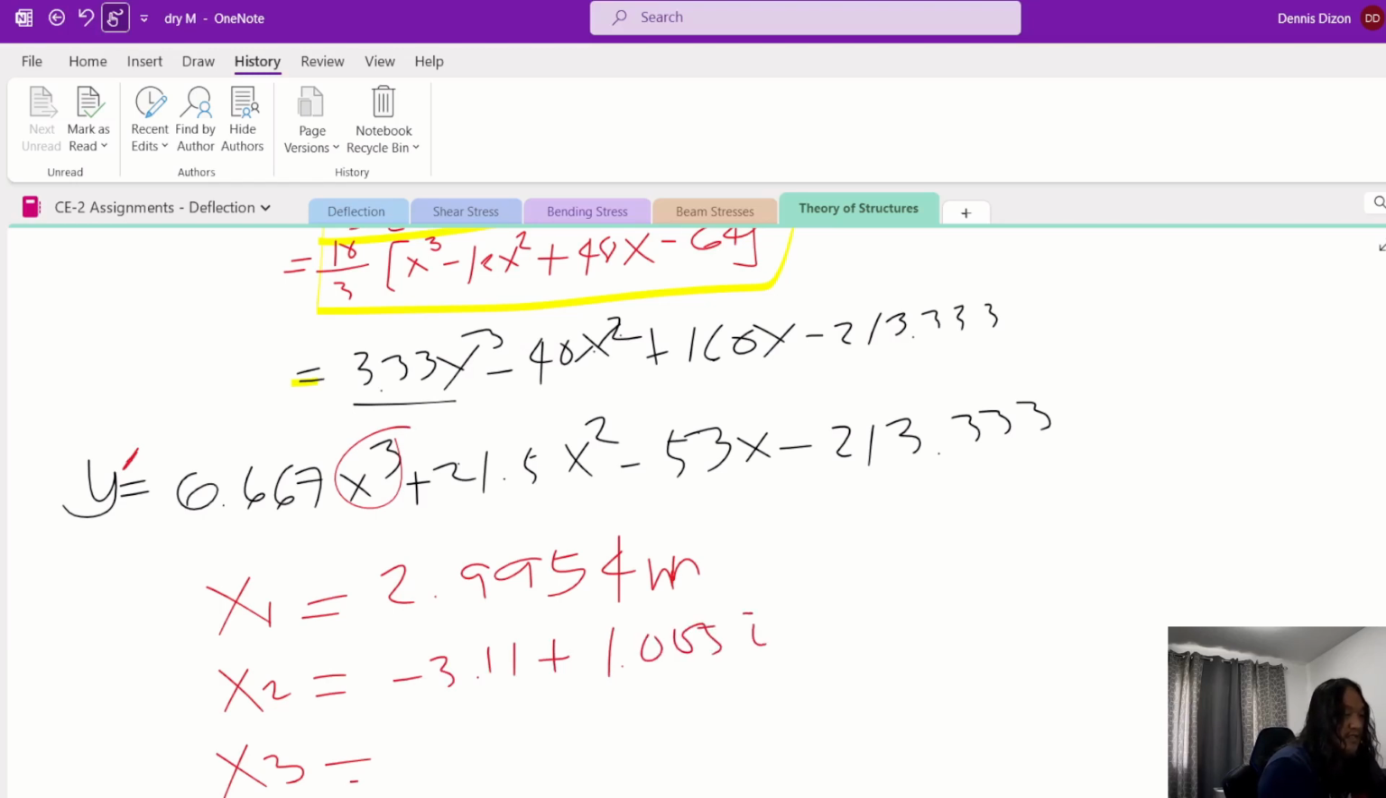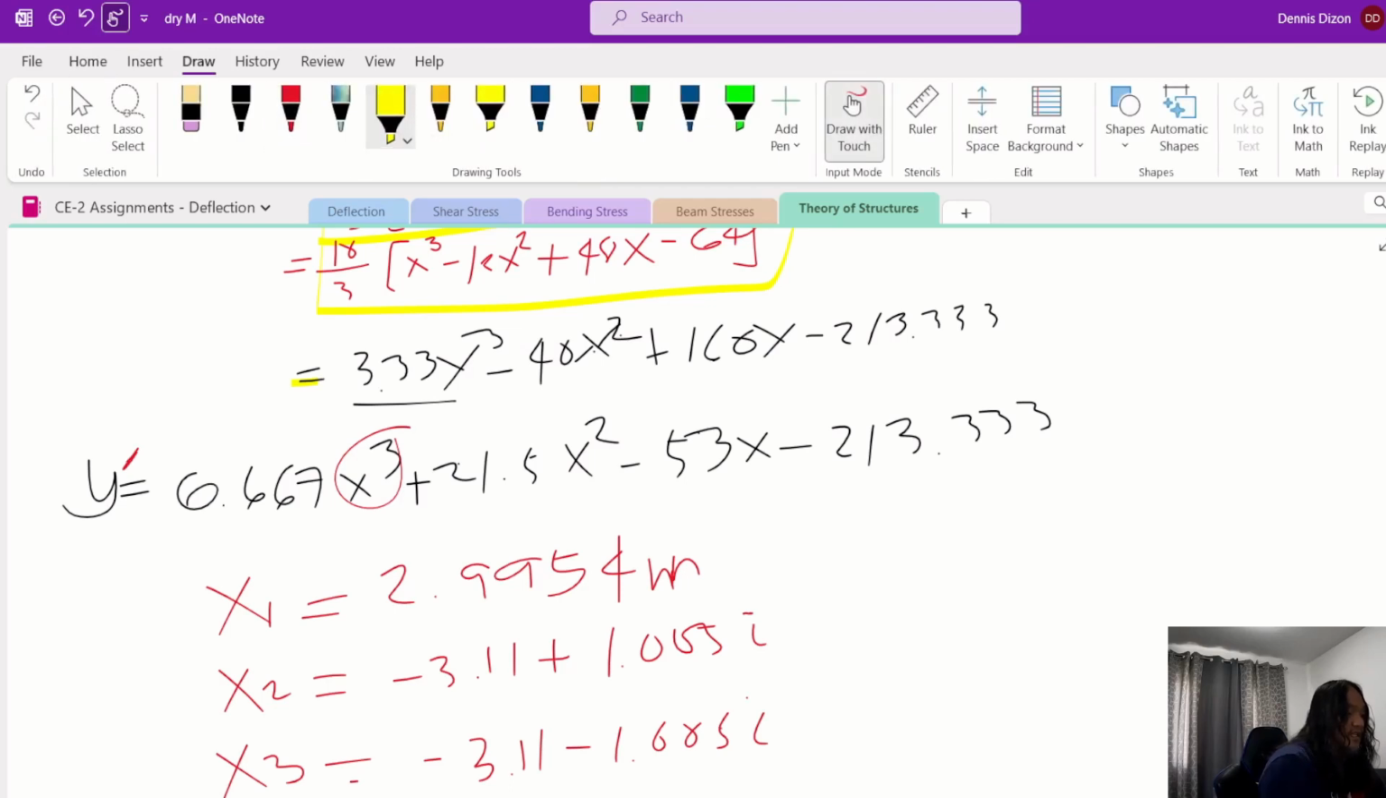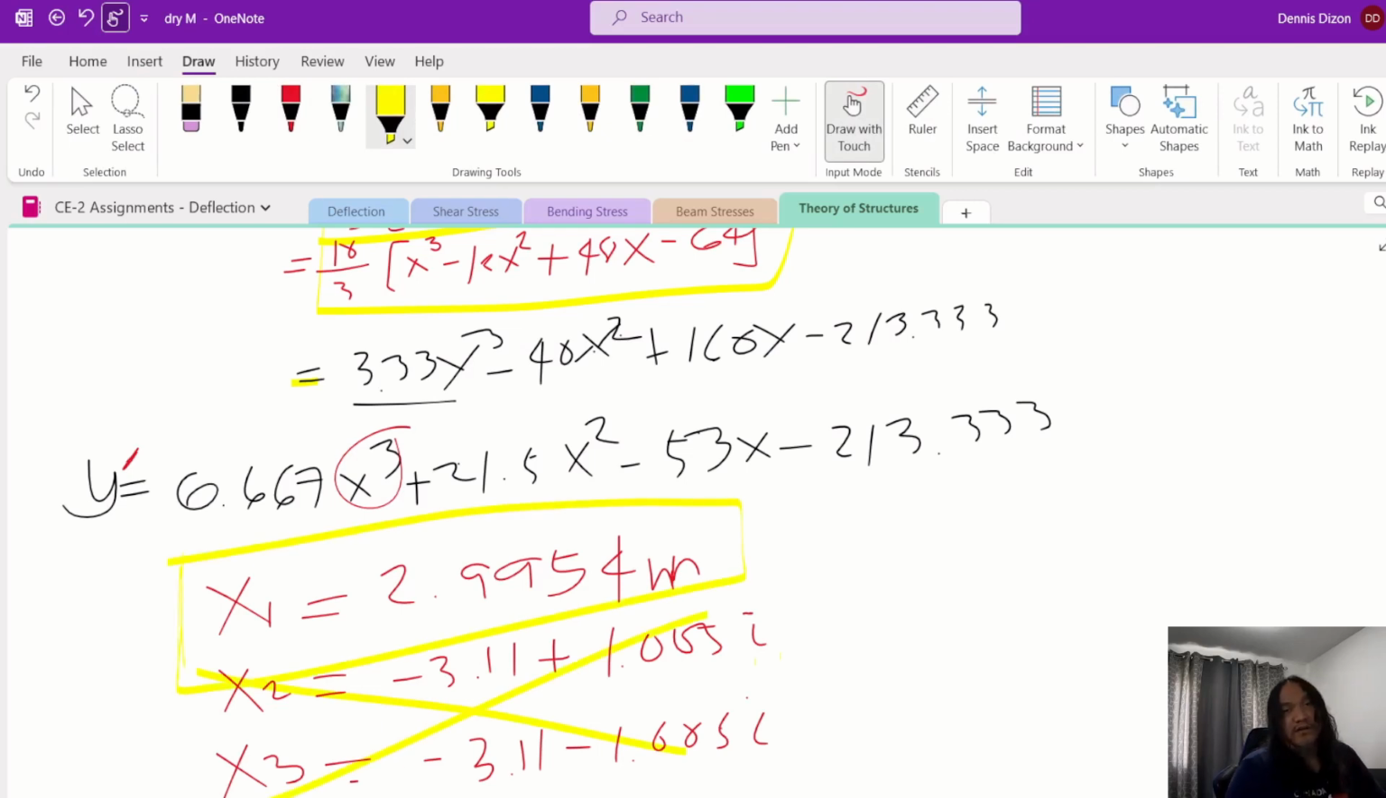So this is an imaginary number. And then x3 is minus 3.11 minus 1.005 i. So x2 and x3 are both imaginary numbers, since we have this i. Therefore our solution, or our distance x that corresponds to the maximum deflection, is at